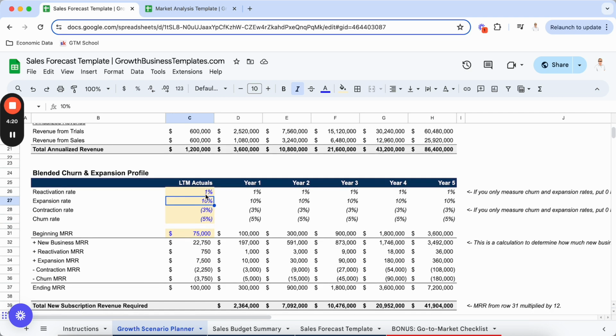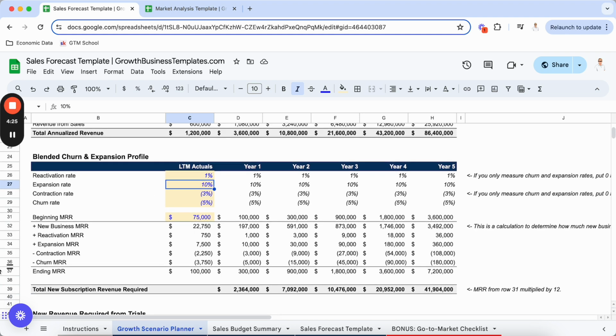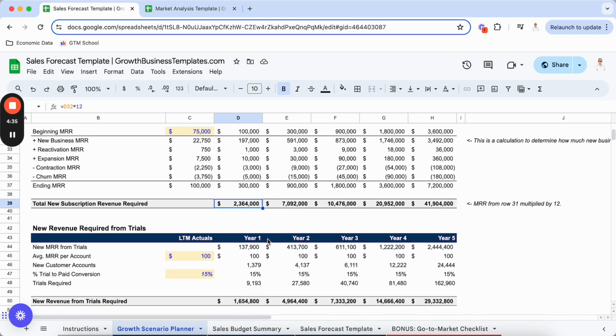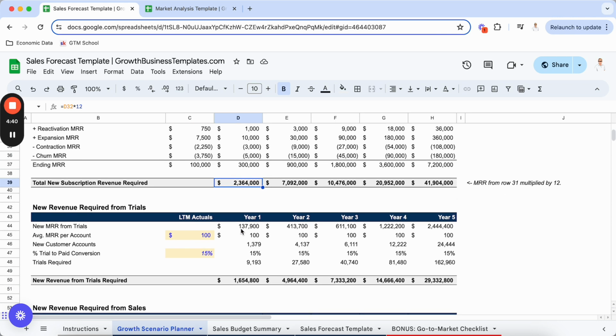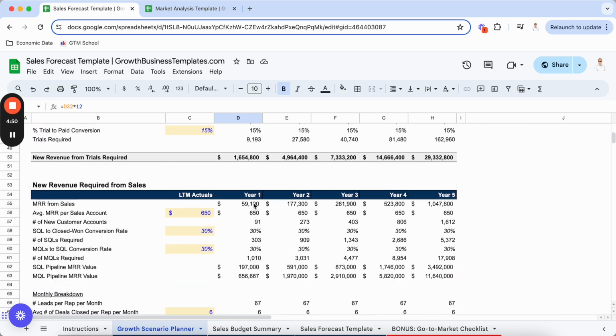So punch in your last 12 months actuals, and I provide instructions on the right here to calculate the total new subscription revenue required. So this shows you exactly how much you'll need. And then based on the percentage contribution from trials versus sales above, that will flow down through to the required metrics down here of how much new MRR from trials that you'll need versus required from sales. And then based on your conversion metrics, again, I tried to make this dead simple so that